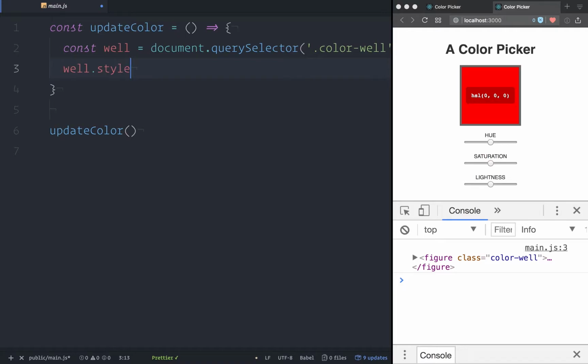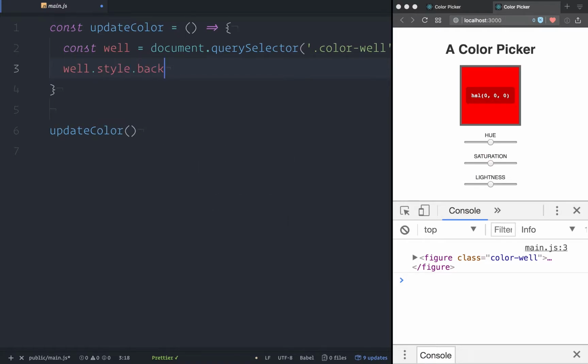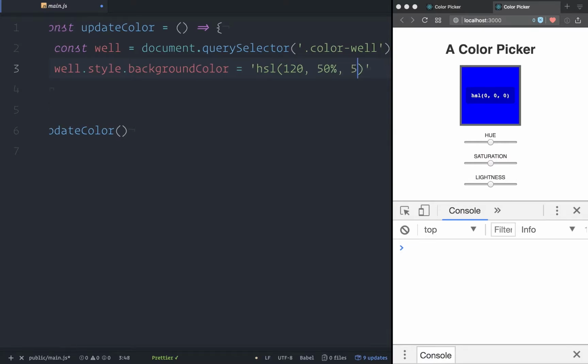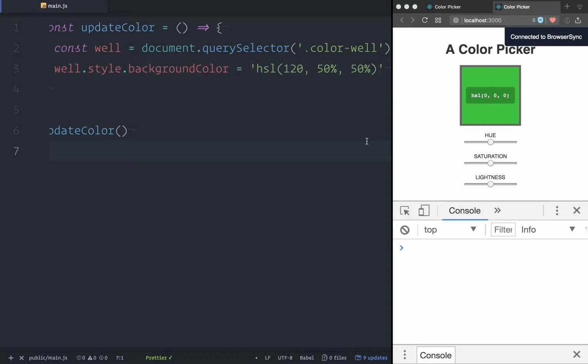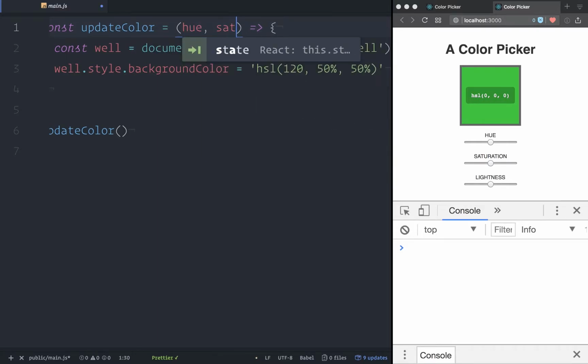So well has a property called style. All the divs do, or all elements do. And I'm going to say background color. And now I can write something here like blue. And there, it changed it to blue. Right? I can write HSL, and then let's say I want 120 at 50% and 50%, and there it is, right? So what I want to do is take a hue, saturation,